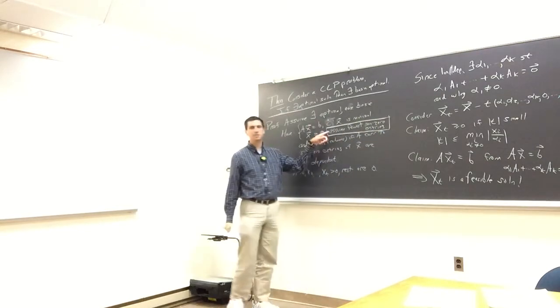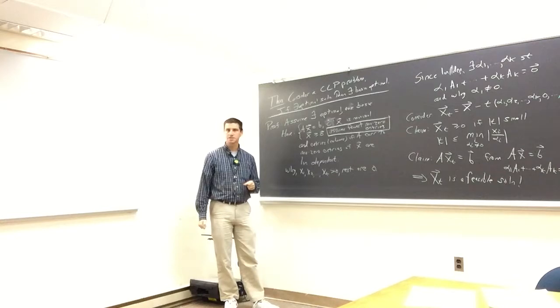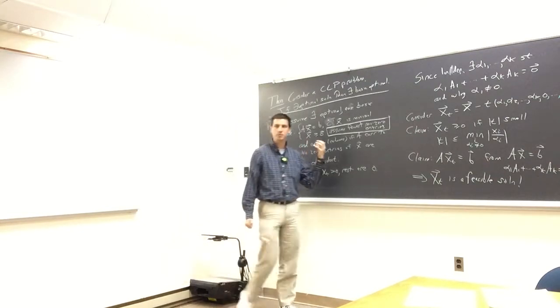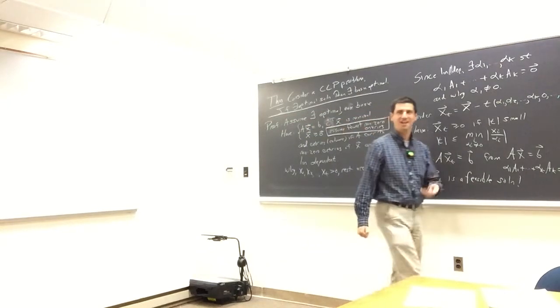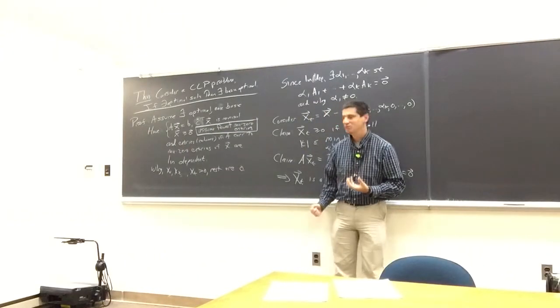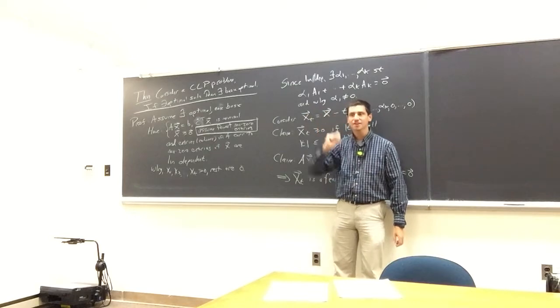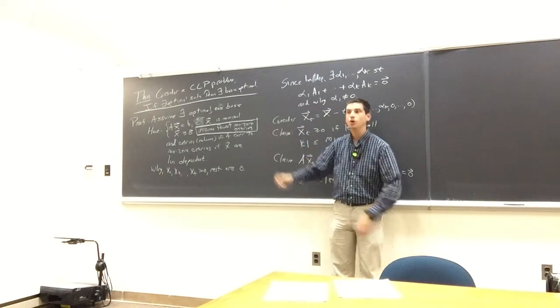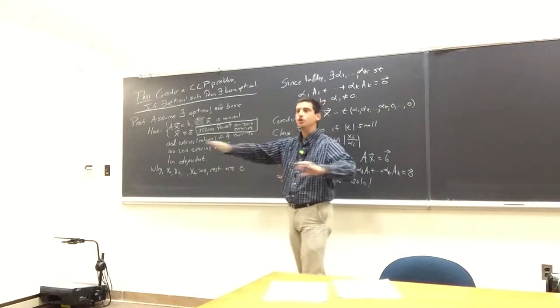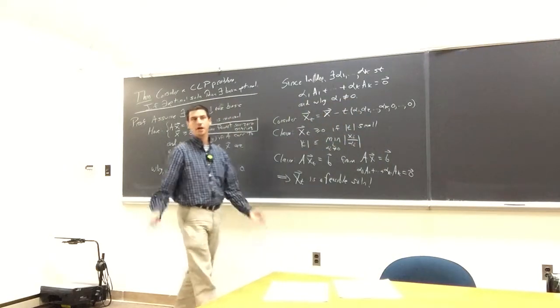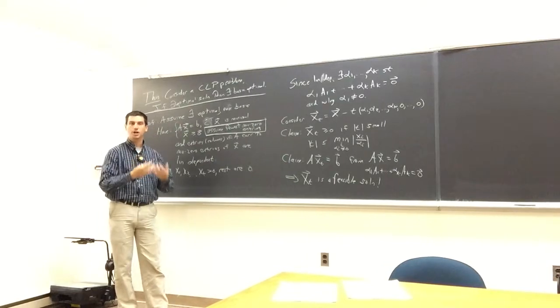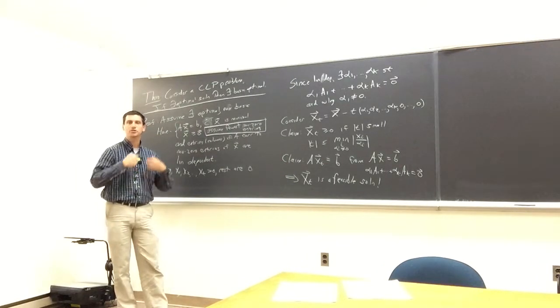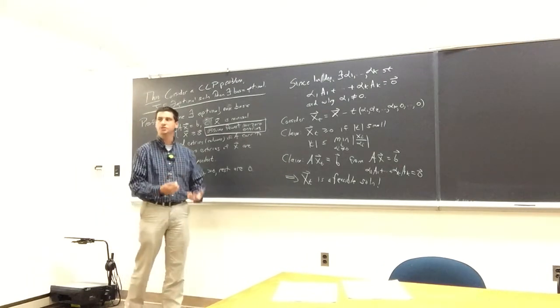This is where we're using the method of descent. This is the big item over here. Again, this is the difference between being at the Ohio State University and a university in Ohio. I am not asserting that there is one optimal solution that has the fewest number of entries. There could be a whole class of them. I'm saying consider all the optimal solutions and order them by the number of non-zero entries. Look at all the ones that have just one non-zero entry, two non-zero entries, three non-zero entries.